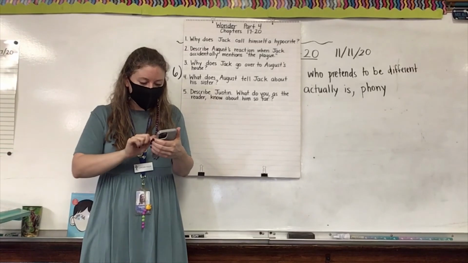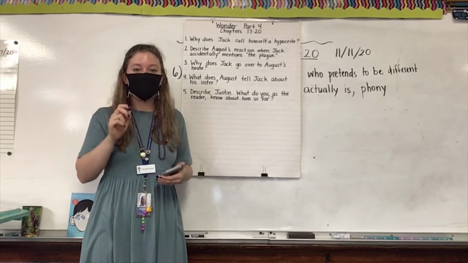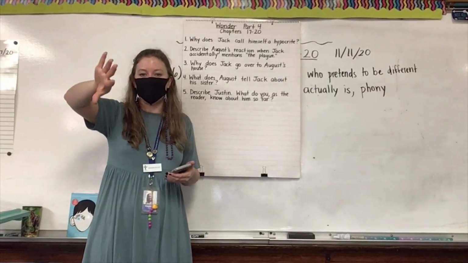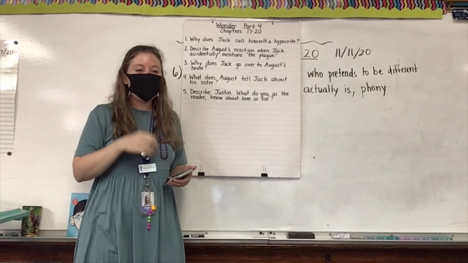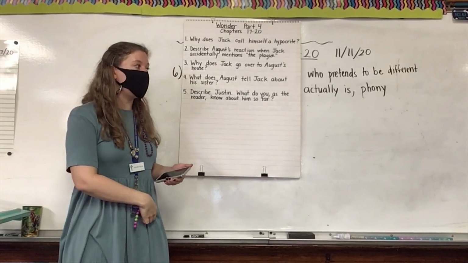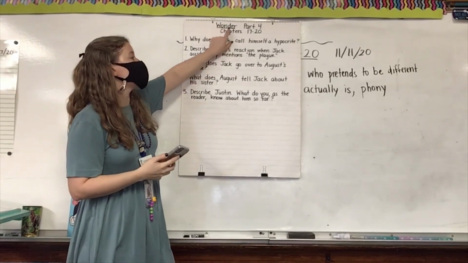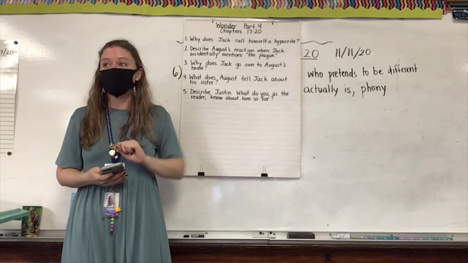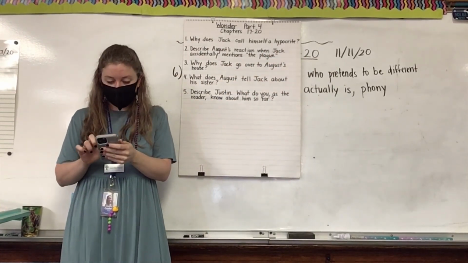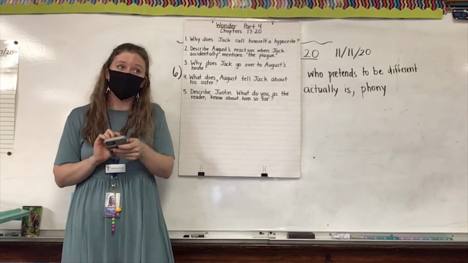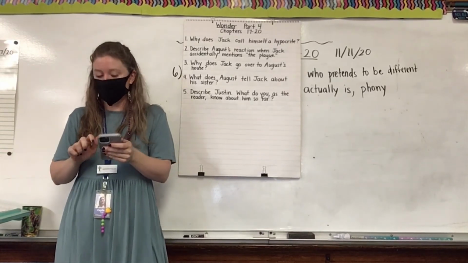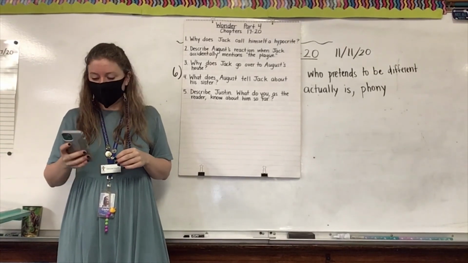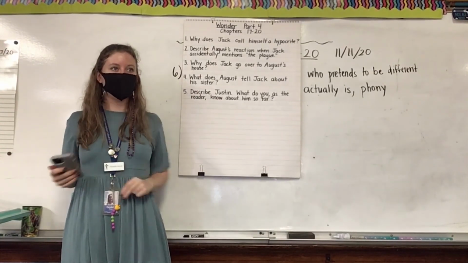Okay, when I say go, you have 15 minutes. I didn't say go yet, so nobody should have their journal open. If you did not use your time wisely and you didn't get a chance to write Wonder Part 4, Chapters 17 through 20 and today's date, you need to do that first. That is very important when I am grading, and I will take off 5 whole points for that. Go. You will have your full 15 minutes and then 2 extra minutes today.